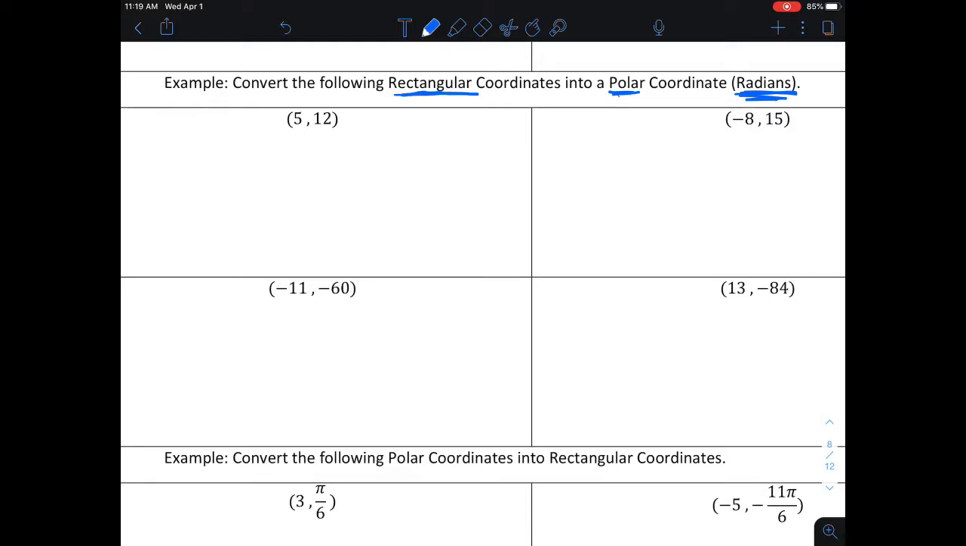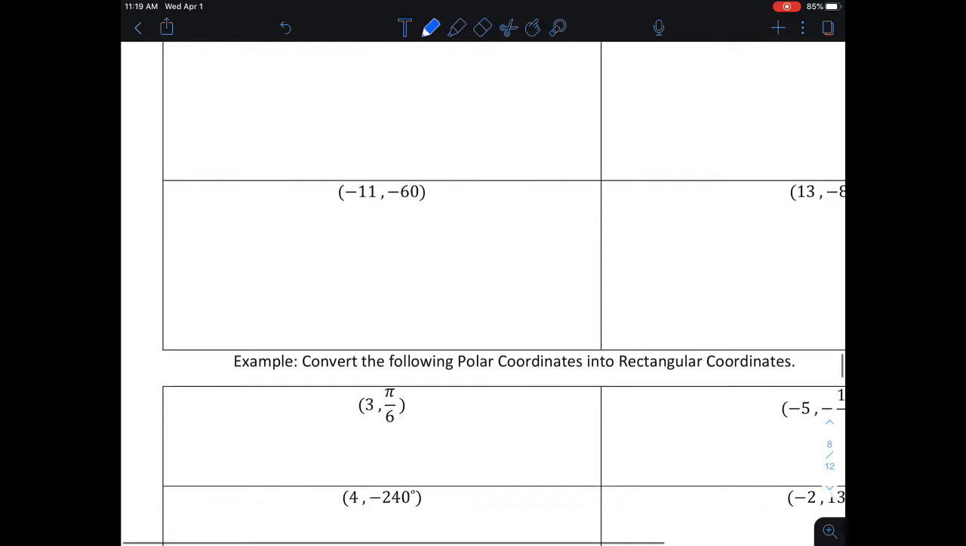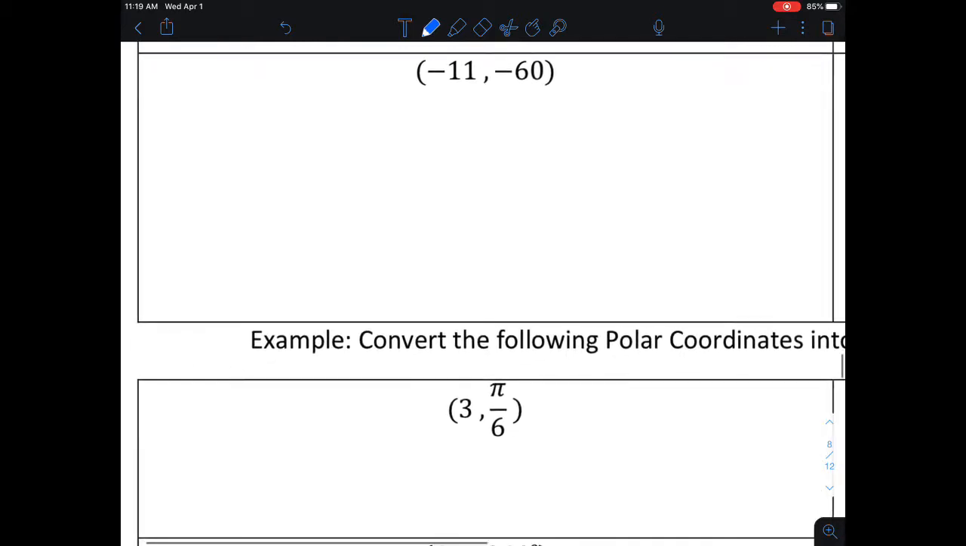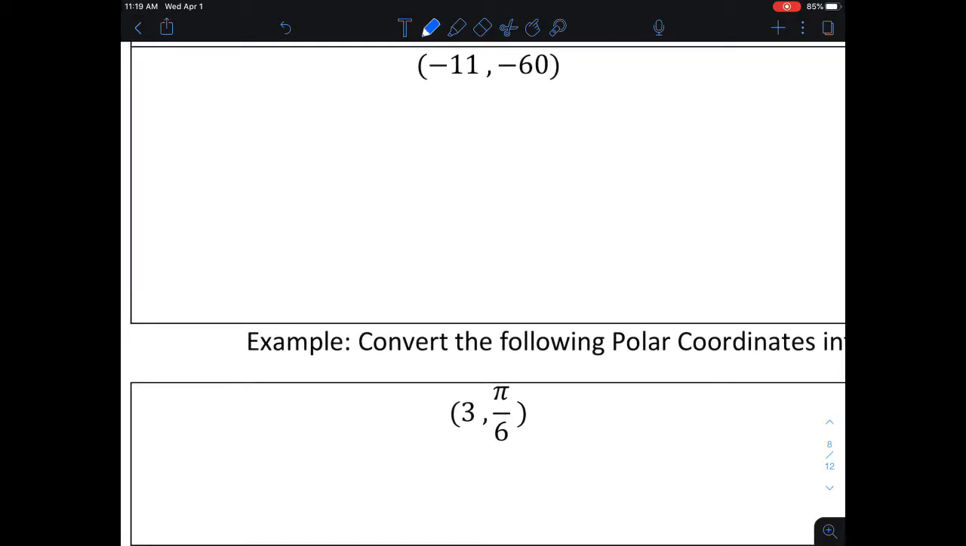If I'm using my calculator, it would just have to be in radian mode, and my adjustments based off my reference angles are going to be either adding or subtracting from pi or taking away from 2 pi if it doesn't lie in quadrant 1. And so, first example here, we're given the rectangular point